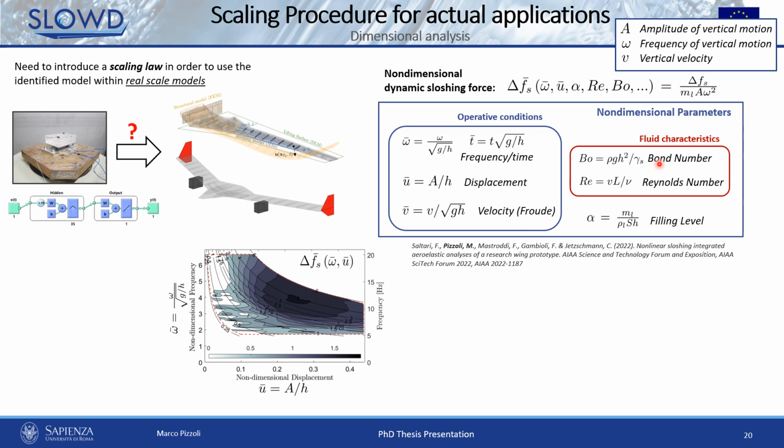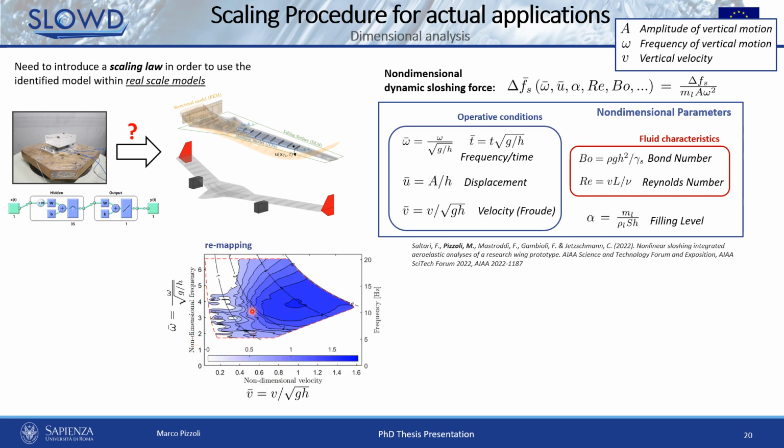And so by remapping this quantity, so the energy or the dynamic sloshing force, on the velocity this time and frequency, we obtain this map, and this helps us to introduce the scaling law